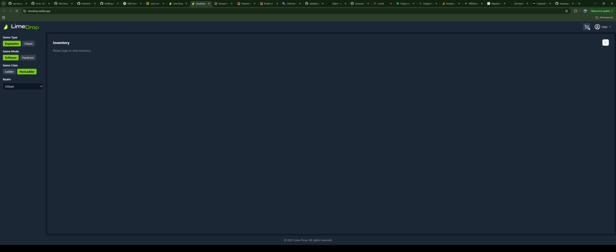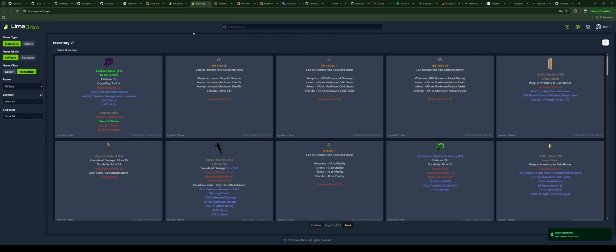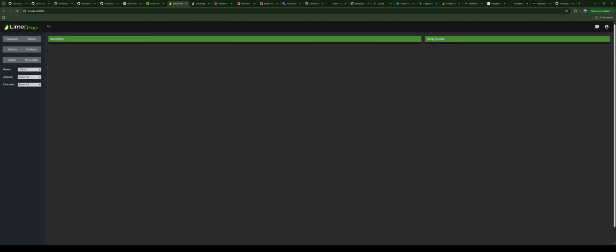So, here we go. Same feature as always for being able to log in. You still need to set up your... kolbot comes baked with a public account and a dropper account. So, log in, ignore that. Alright, so one of the very first things that is different, actually I'll go ahead and